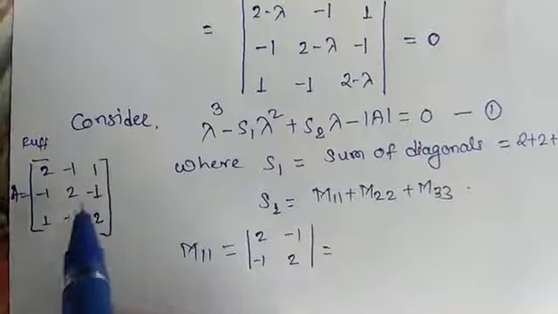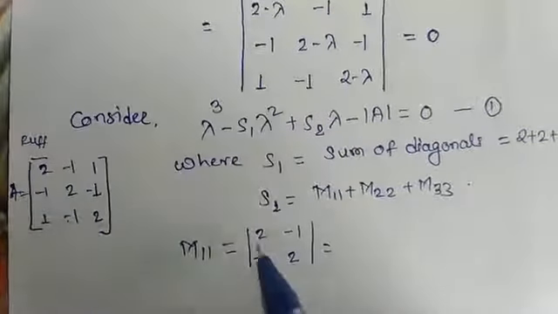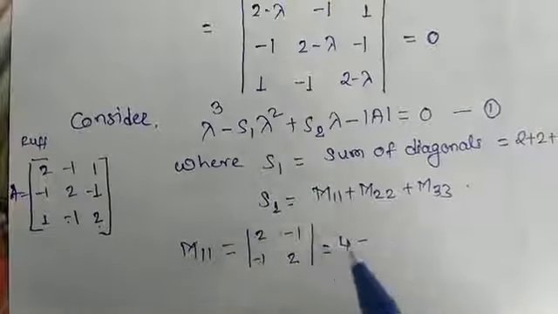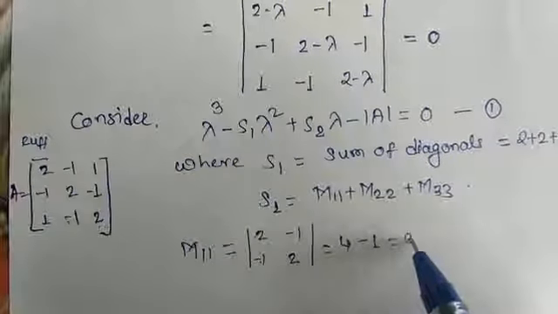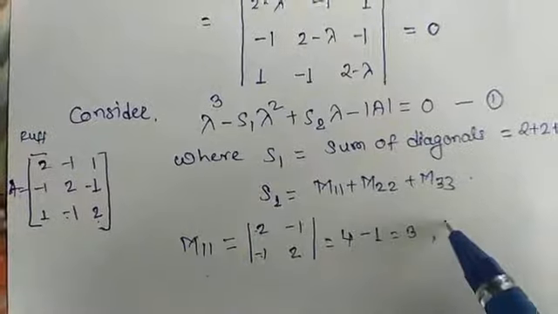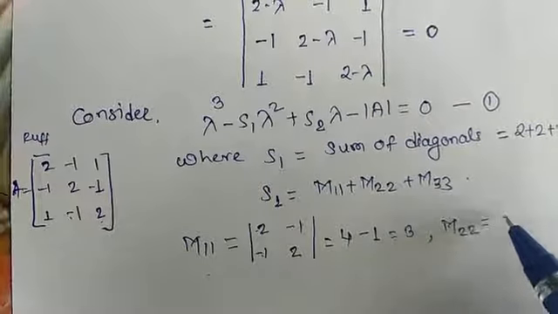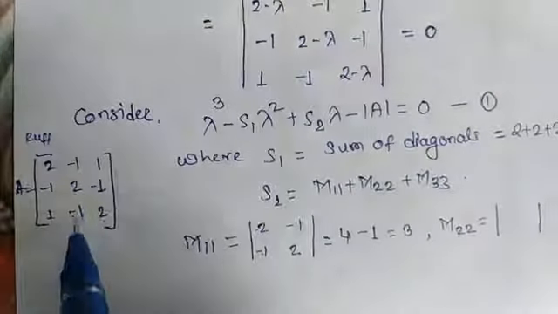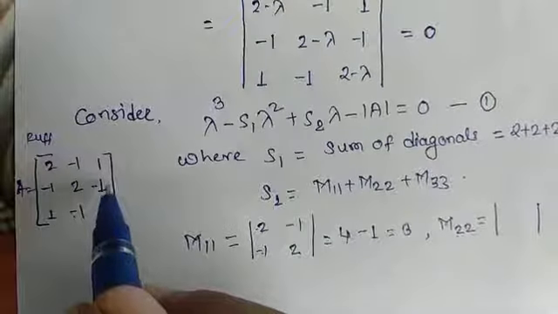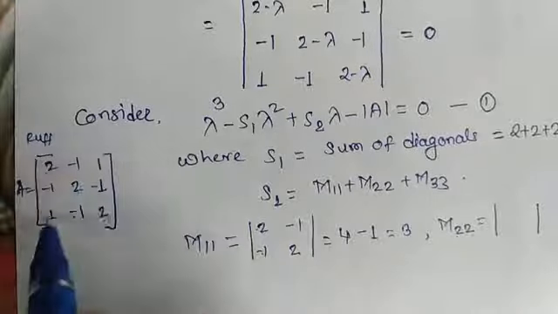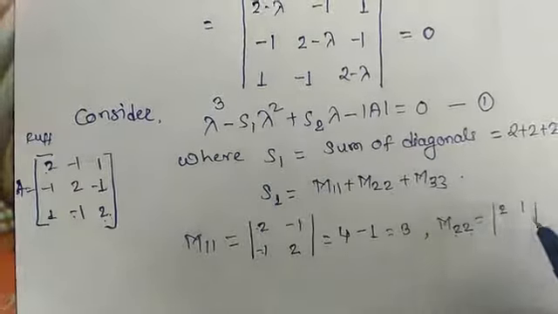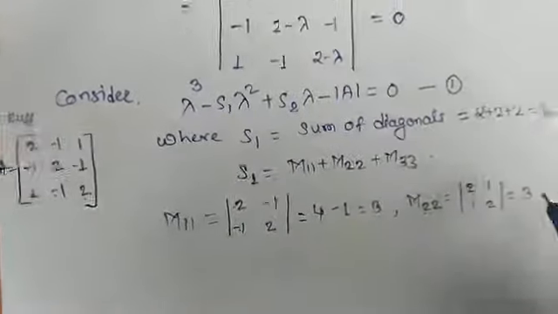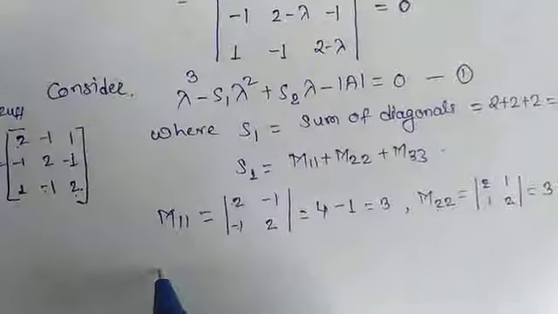Okay, so its calculation: 2 minus 1 minus 1 2, so 2 2s are 4, minus 1 into minus 1 plus 1, so 4 minus 1, which is equal to 3. M22 is equal to the determinant of, we have to delete the second row and second column. So 2 1 1 2, again it is 2 to the 4 minus 1, which is equal to 3. Okay, now M33 is equal to